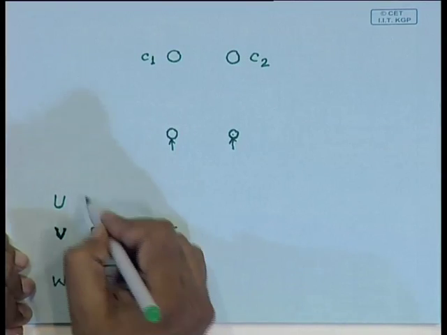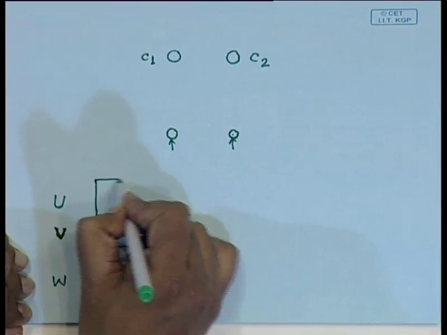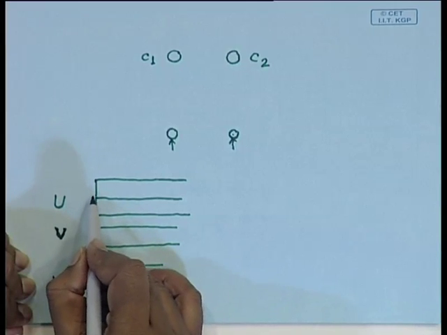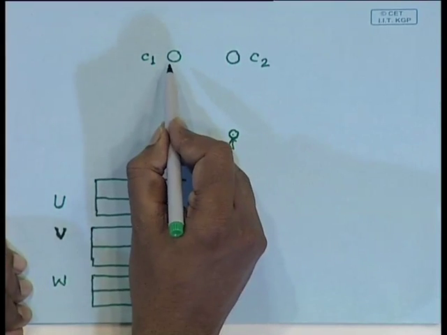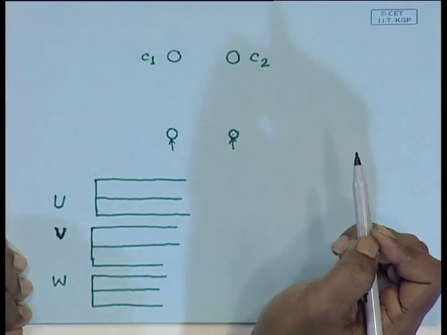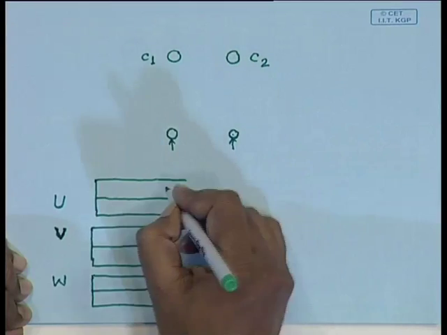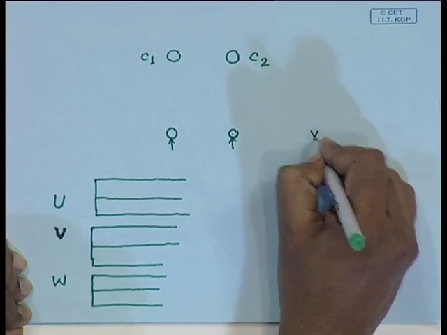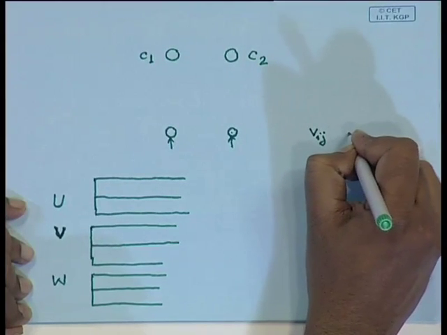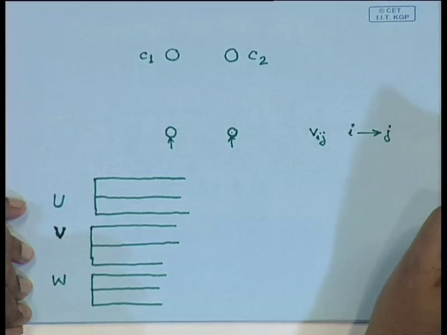Similarly, for matrix U also, let us assume that we will have two nodes. I mean, it depends upon which way I represent the matrix. Okay. So, here in matrix U, a row will correspond to one of the nodes in the output layer, the other row will correspond to the other node in the output layer. Okay. So, from input layer to middle layer, a connection V i j